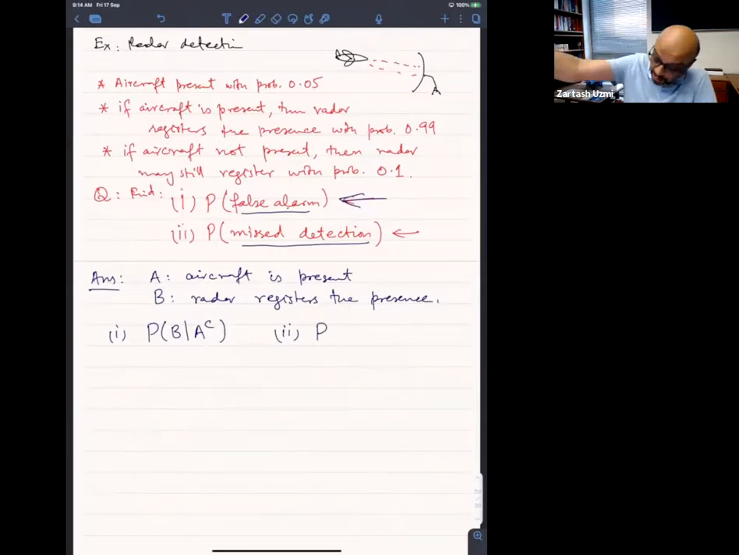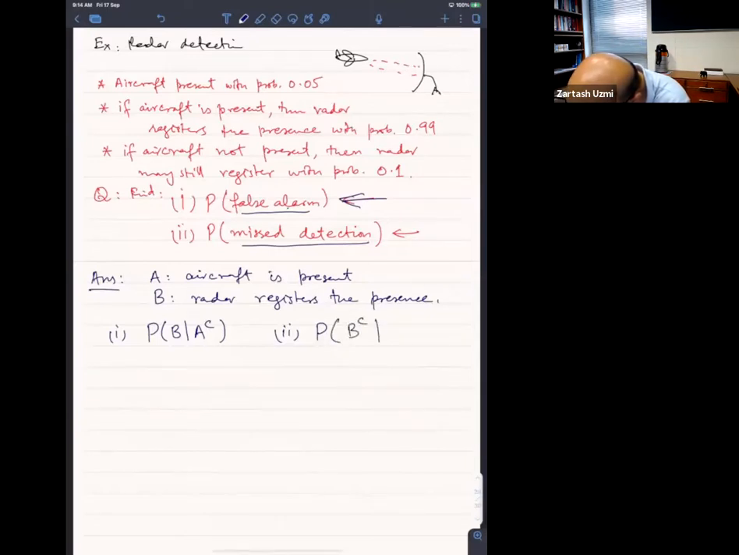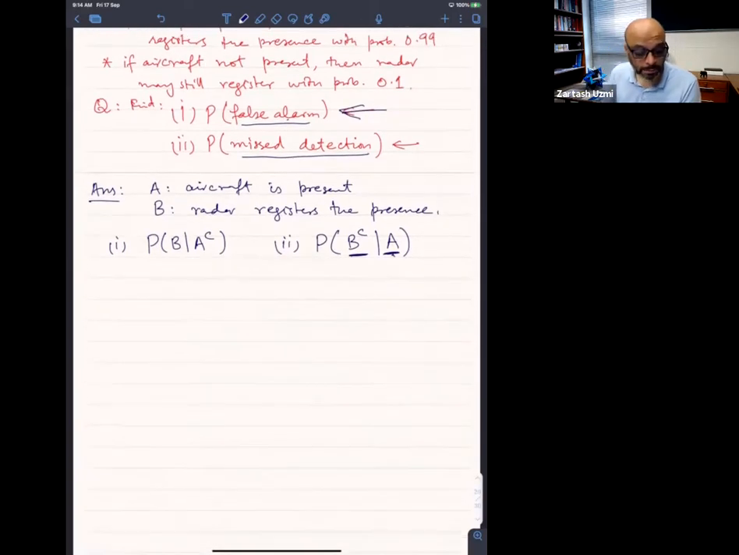कि aircraft आ गया, radar ने register ही नहीं किया. This is the probability of B complement given A. Aircraft was present. It's given that aircraft was present, but did not register. Radar did not register. So now,